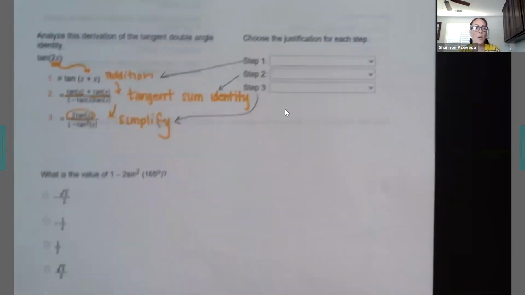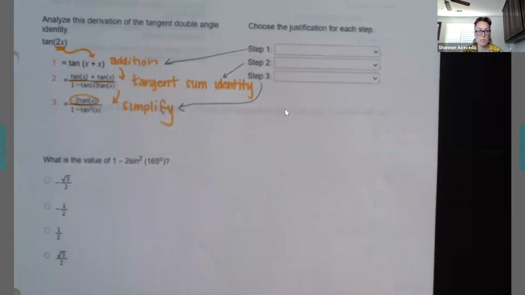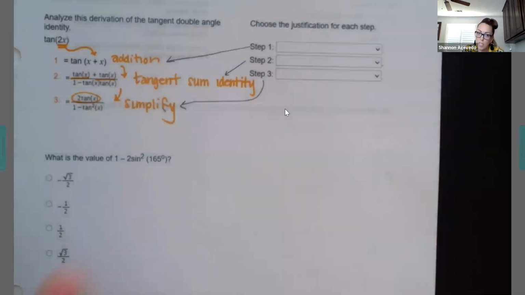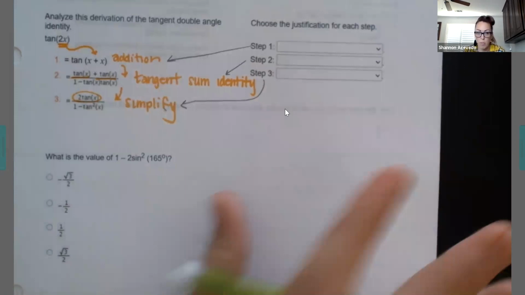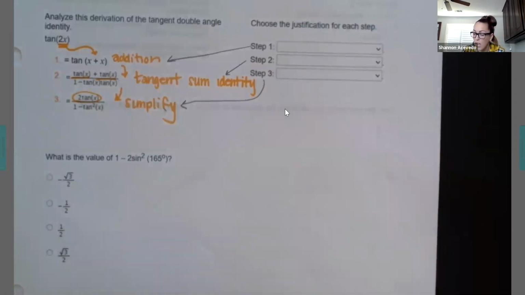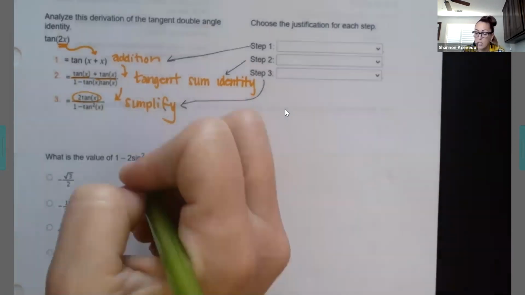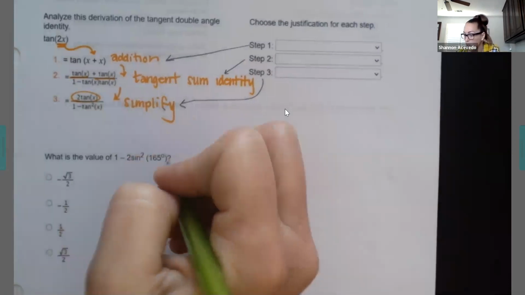All right, so how do I use these formulas? Okay, so I could actually solve this as is, but that's not what they want us to do. They want us to use our formulas to evaluate this. And I also want to point out, just a little side note, when I see sine squared of 165,